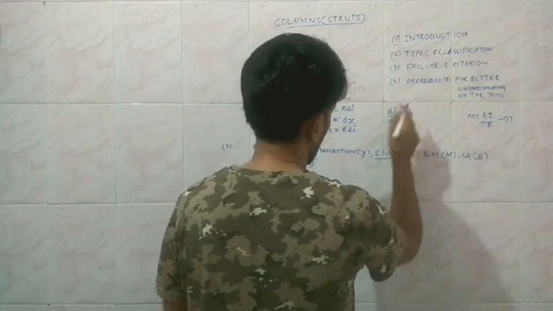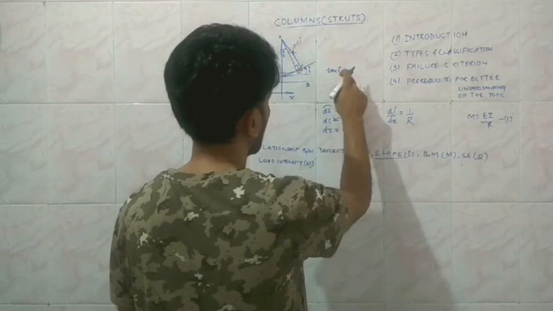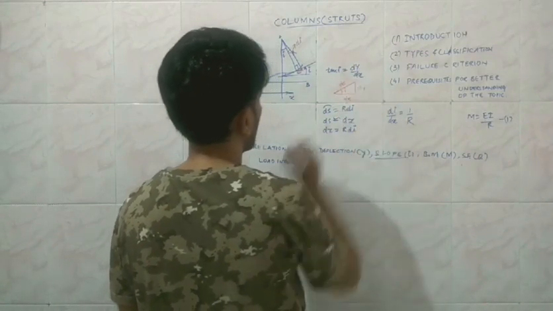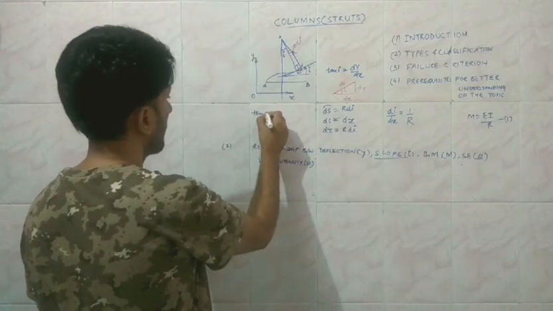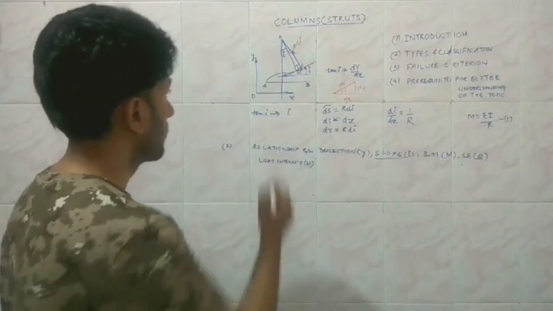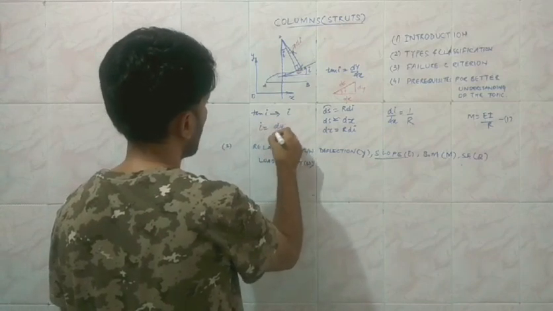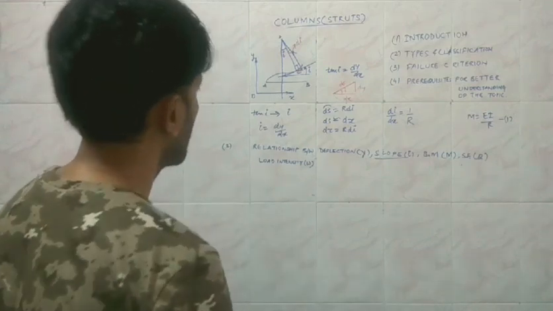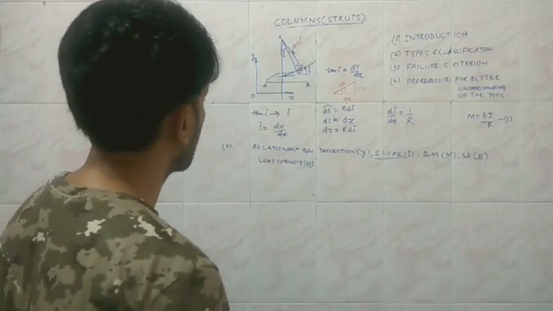So this is what I is. Actually, we will try to find out the tangent of this angle, which is dy upon dx, and because the angle is very small, we know that the tangent of the angle approaches the value of the angle when the angle is very small. So ultimately we say that i, which is the slope, is equal to dy upon dx, where y is the deflection of the beam at any distance x.